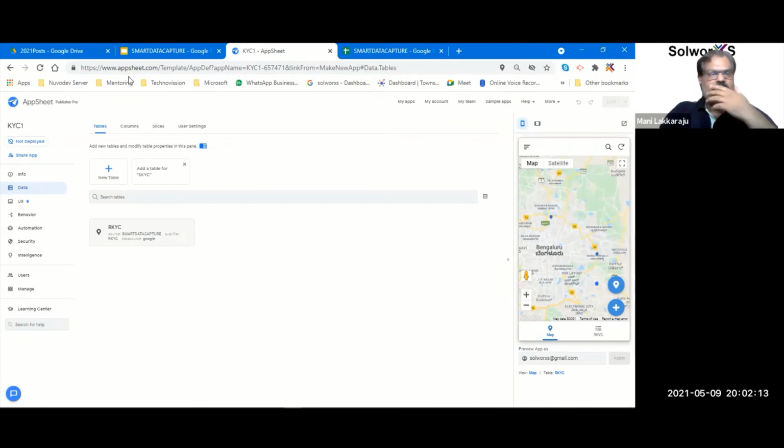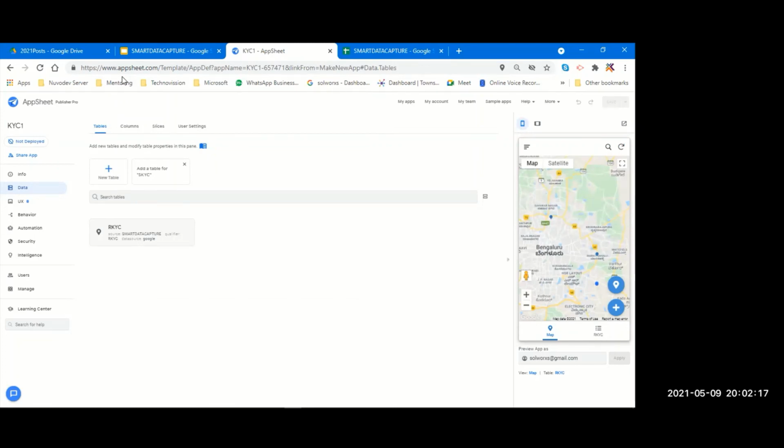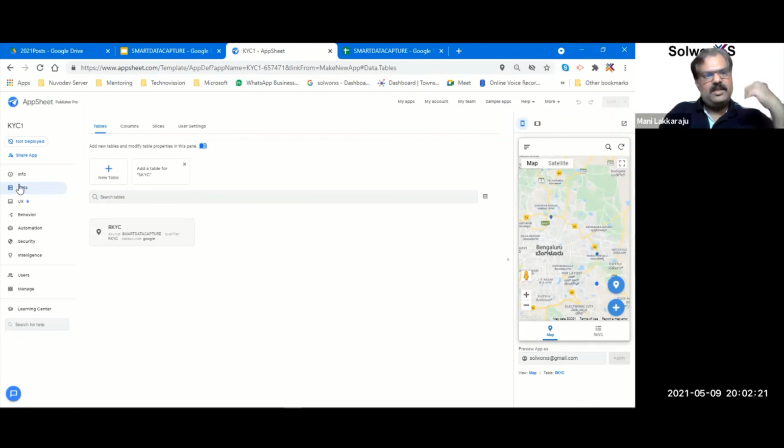Is this clear now? Yes. Okay, wonderful. So that's the beauty of this interface. Now, this table, if you look at, this is